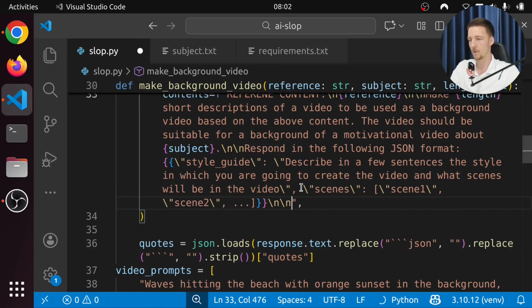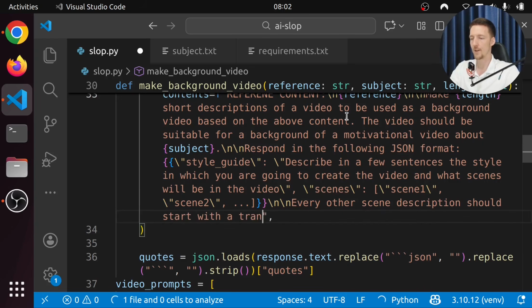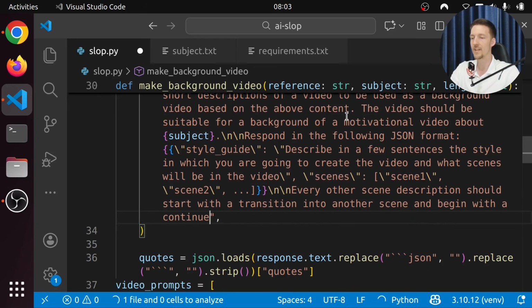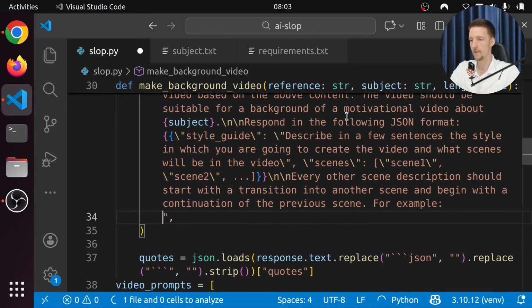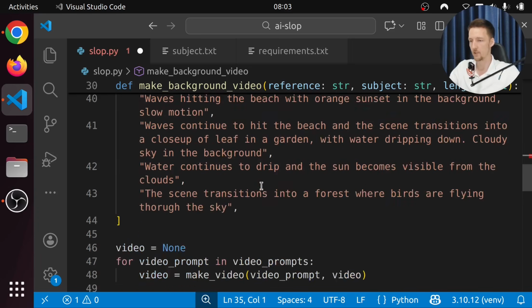And let's add some more. Every other scene description should start with a transition into another scene and begin with a continuation of the previous scene. For example, and then I'll put my example that I used.